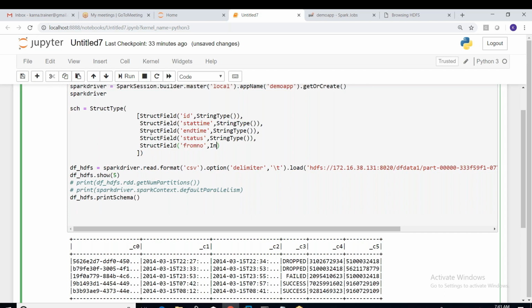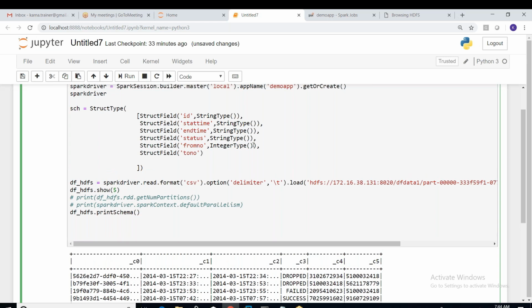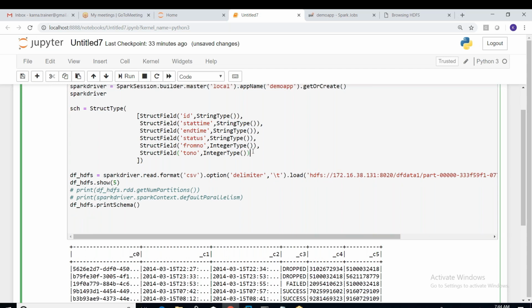Yes, it can be integer, IntegerType. And finally the last one, StructField of to number, integer type again. So what is the module we have to include, guys, for this? Did you remember that?